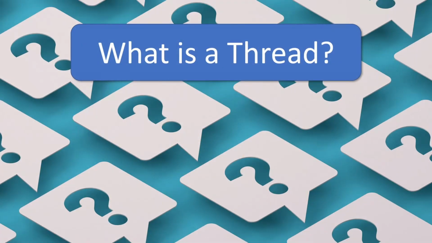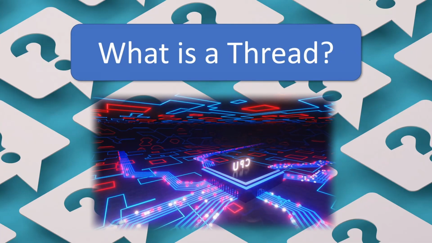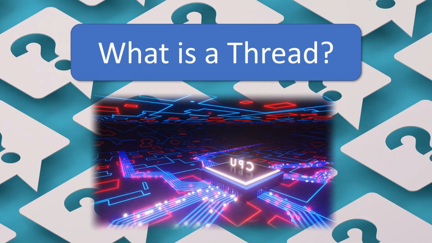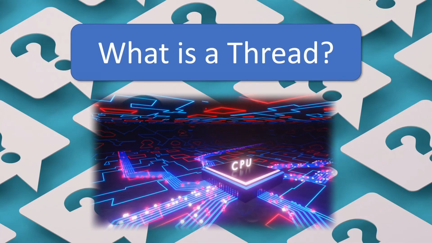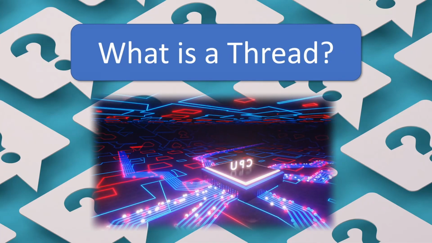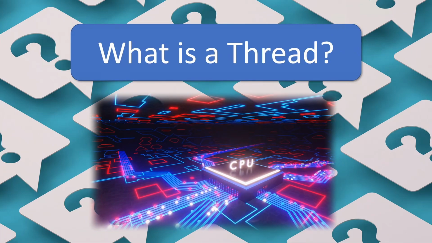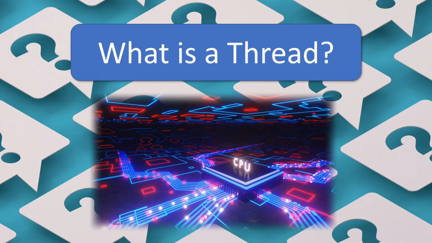So what is a thread in programming terms? How can I use it and what is it for? Before we delve into the mysteries of threads, we need to look back a little on how computing got where it is today. Not that long ago, computers ran the Windows operating system with a single processing core on one physical CPU chip on the motherboard. Even then, these early machines gave the illusion that they could run multiple programs at the same time, when they were really doing a form of time sharing.